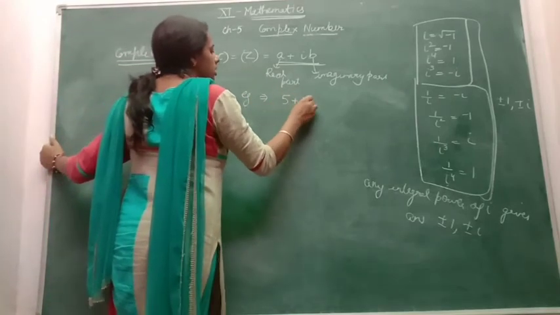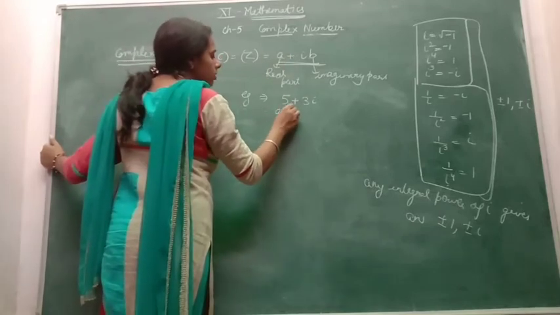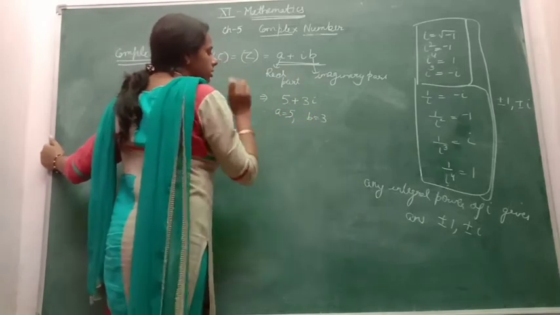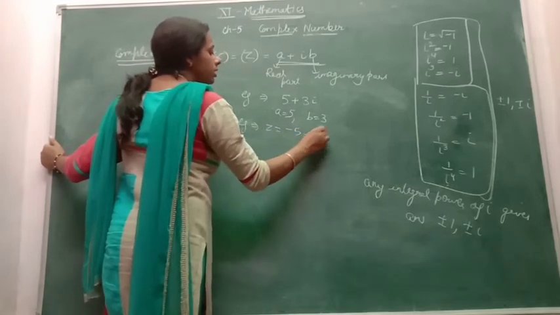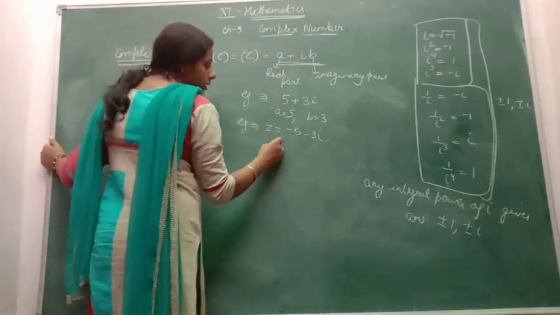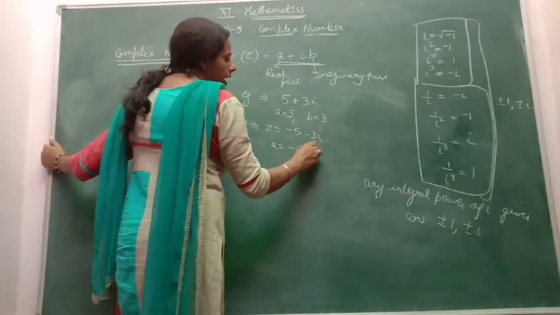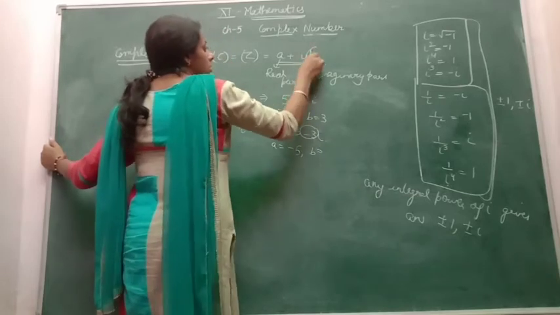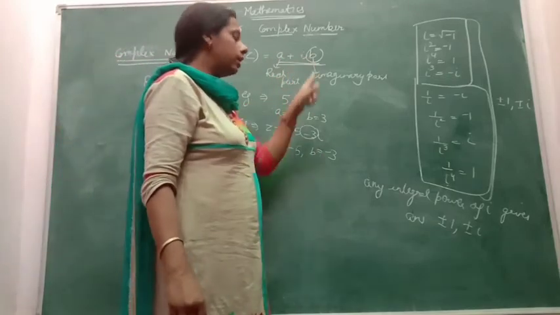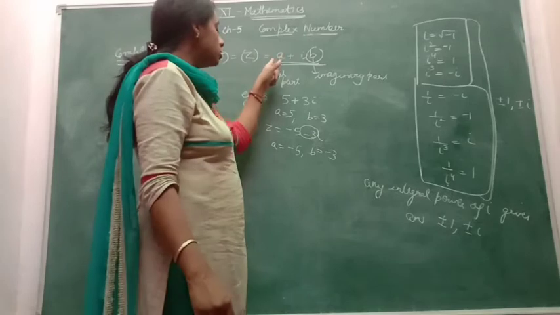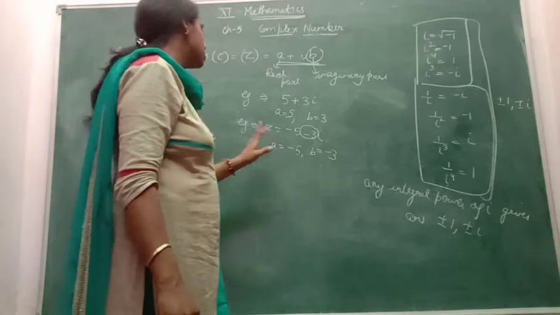इन एग्जांपल 5 + 3 iota, अगर मैं इसको कंपैरिजन करूँ इस कॉम्प्लेक्स नंबर से, तो रियल वैल्यू A की वैल्यू इज 5 एंड द वैल्यू ऑफ B इज 3. When I am just going to compare the Z with -5 - 3 iota with our general complex number, the value of A will be -5 and value of B is with iota. Okay, that is -3. The value which is near the iota is considered as B, and the constant term which has no iota is considered as A. Okay, this is a complex number.